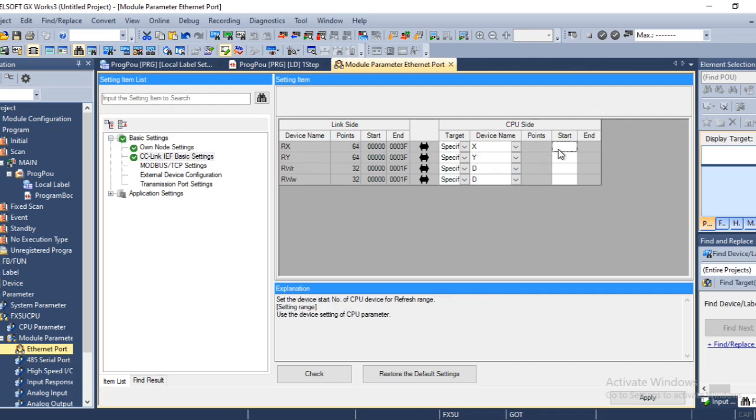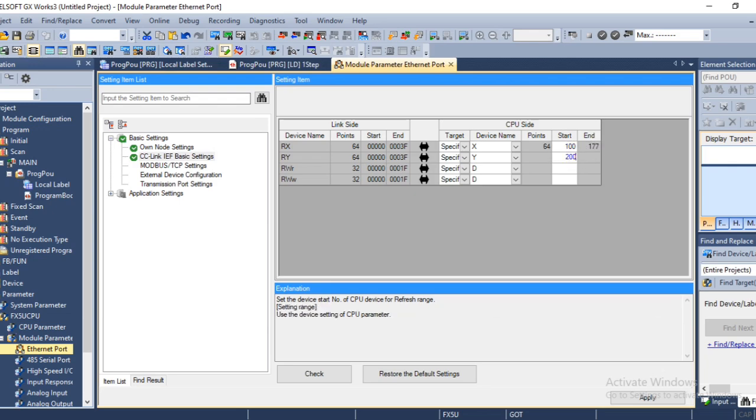So the points available for the RX is 64. For the starting, you will have to give 100. From 100, it will be 64 points, like 100, then 101 to 107, then it will count from 110, then till 117, then it will count from 120 till 127, like that it will go to 177.